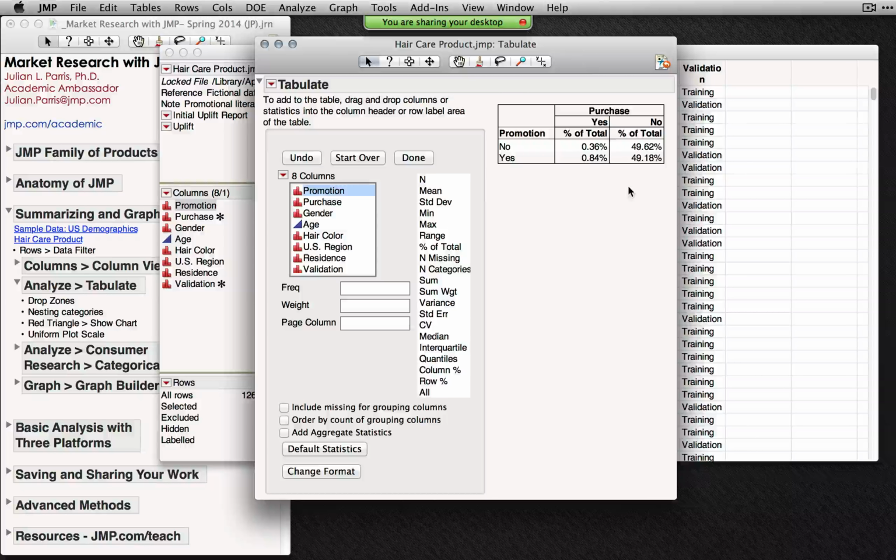So take a second to look at this. Among those who didn't get the promotion, 0.36% decided to purchase. Among those who did get the promotion, 0.84% decided to purchase. Right, so that's actually a little bit more. That might seem good for us. Now, we have other summary statistics here that might actually make this a little more evident to us as we